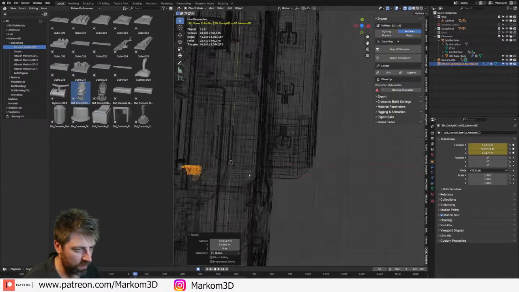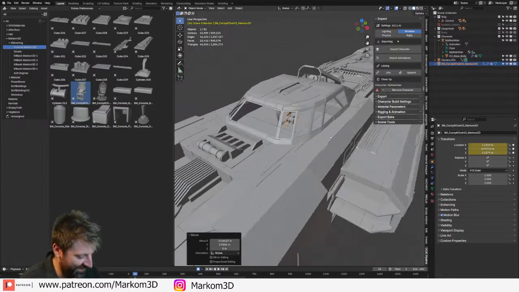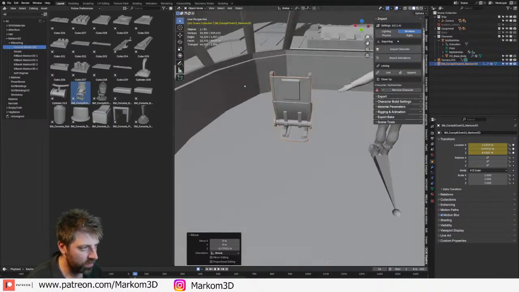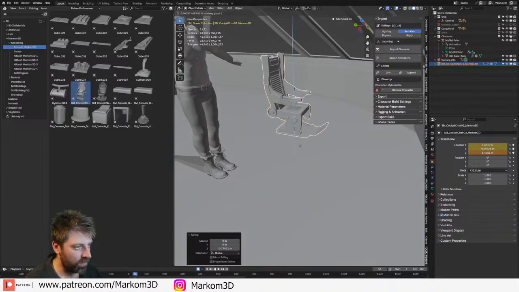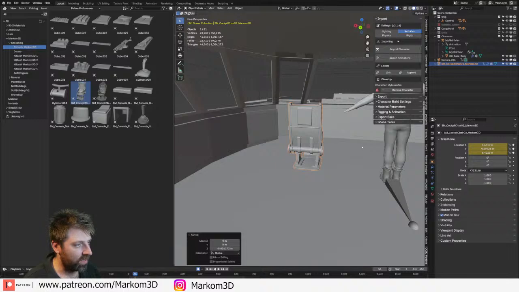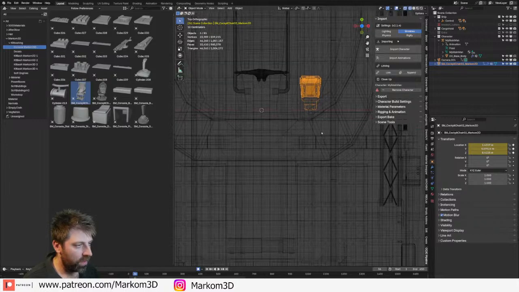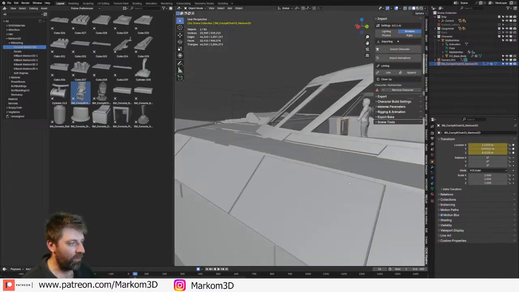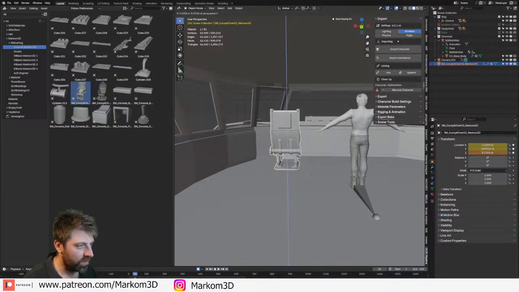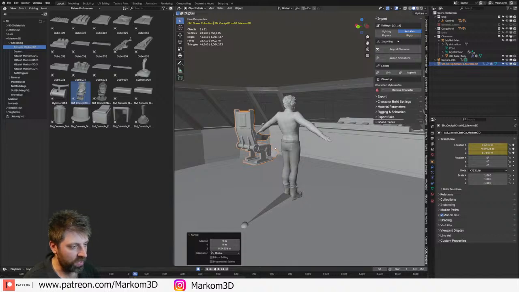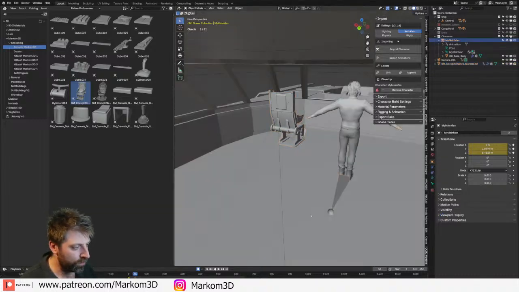Yeah, let's just throw in this chair. And I know this chair is to scale. Now, this doesn't make any sense because he's sitting far too low. So that means that we could probably create a bit of a platform for them to sit on. And then if we bring it up, we have kind of like this walkway, and then they step up and into the seat. I reckon that'll work out well.